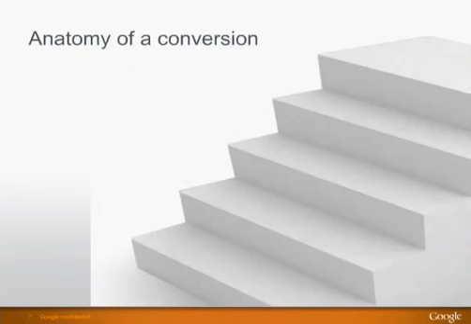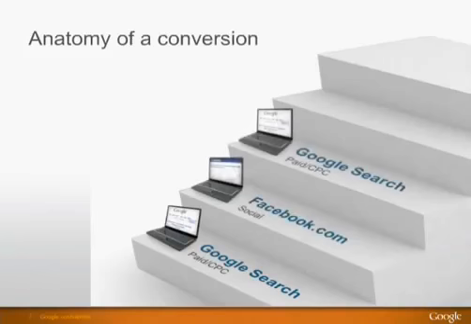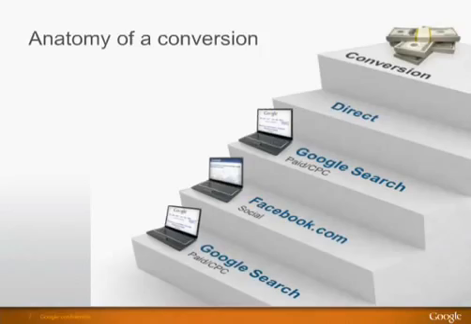We have path length and time lag reports, which give you insight into the buying cycle, how many interactions it's taking for a customer to make a purchase, and the amount of time that's elapsed from the first interaction through the conversion so that you can get a sense of how long the buying cycle is. And then finally, we have a top paths report that lets you see the actual paths that were followed on the path to conversion so that you can see how display can interact with paid search and interact with other